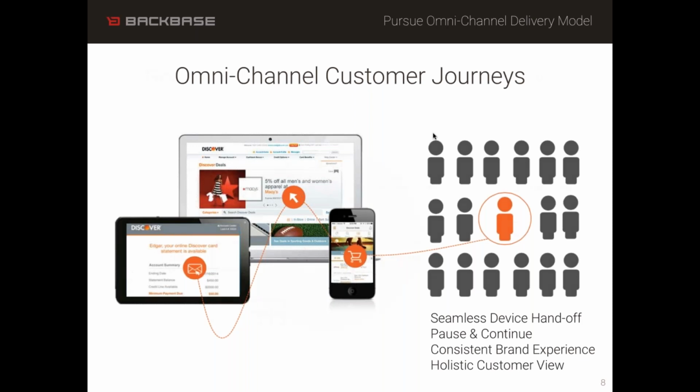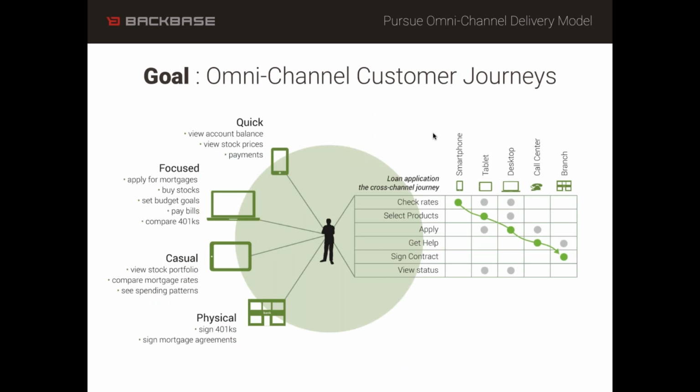All right, cool. But it sounds like a big endeavor, especially if you think about the current landscape. So maybe what we see here is, how can we actually move into this future where we have seamless omni-channel customer journeys? Some of you may be familiar with this picture and have seen it before, but what it tries to illustrate is that a customer, in a journey of, let's say, loan origination or applying for a specific loan, might have multiple touch points. We need to do a handoff between those devices so people can start on one device and go to another. But it might also be interesting to see what type of task we optimize for within a particular device context. Is that something you would take into consideration?